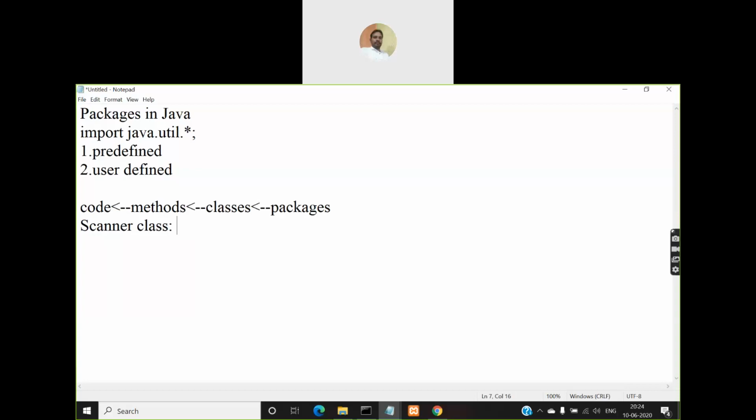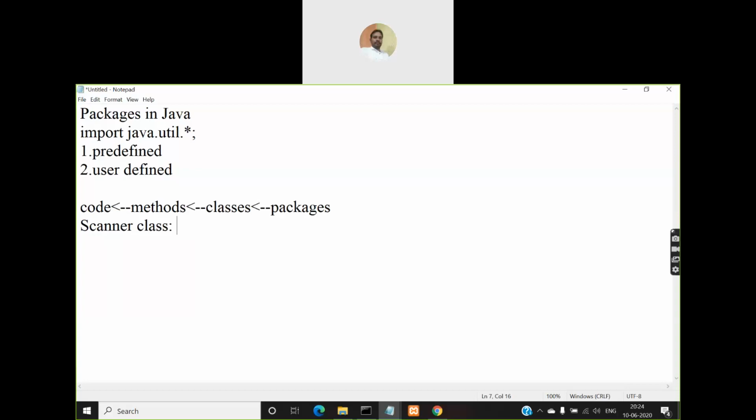You have different methods for different types of values that you want to read. To read an integer value, you have a nextInt method. To read a double value, you have nextDouble. To read a byte value, you have nextByte. To read a boolean value, you have a nextBoolean method. And to read a string, you have nextLine method.